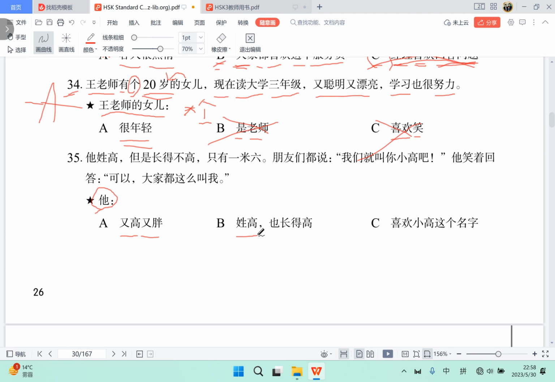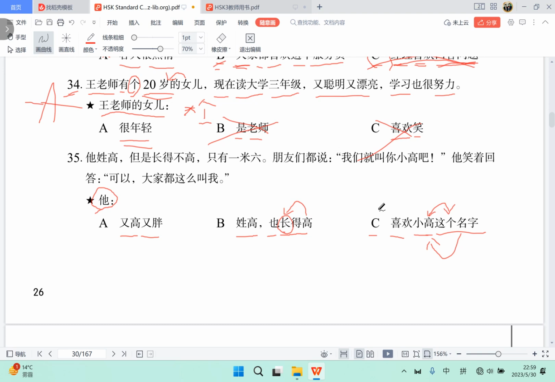姓高, so his family name is 高, 也长得高, so also he's very tall. So 长 is like his body grows, like what? 长, and how is the growth? Grows very tall, right? Grew very tall. And 喜欢小高这个名字, he likes 小高, so junior 高, little 高. 这个名字, this name indicates 小高, so these two parts are the same. 小高就是